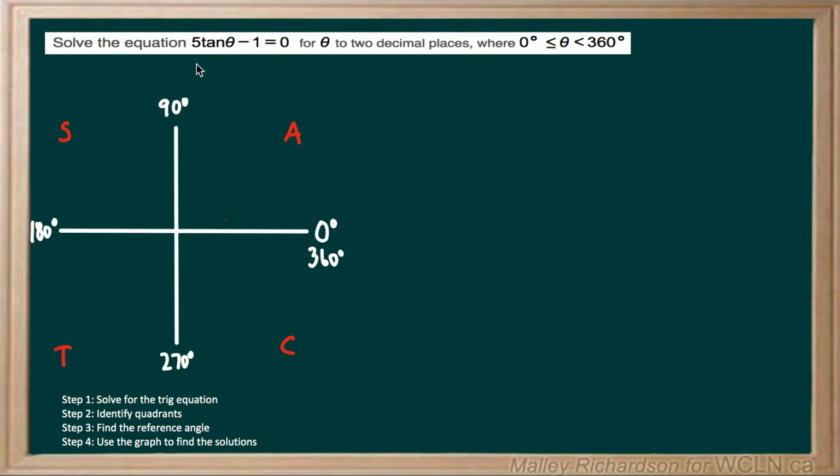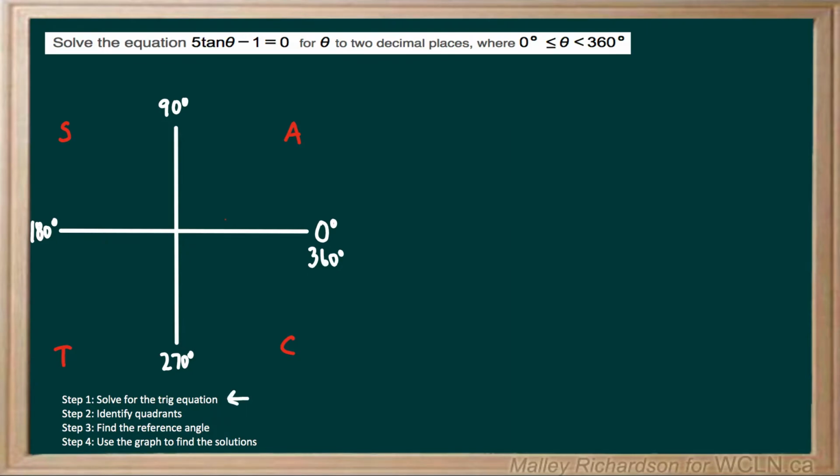Solve the equation 5 tan theta minus 1 equals 0 for theta to two decimal places, where theta is greater than 0 but less than 360 degrees. To solve this problem, we want to use our 4 steps below, where step 1 is to solve for our